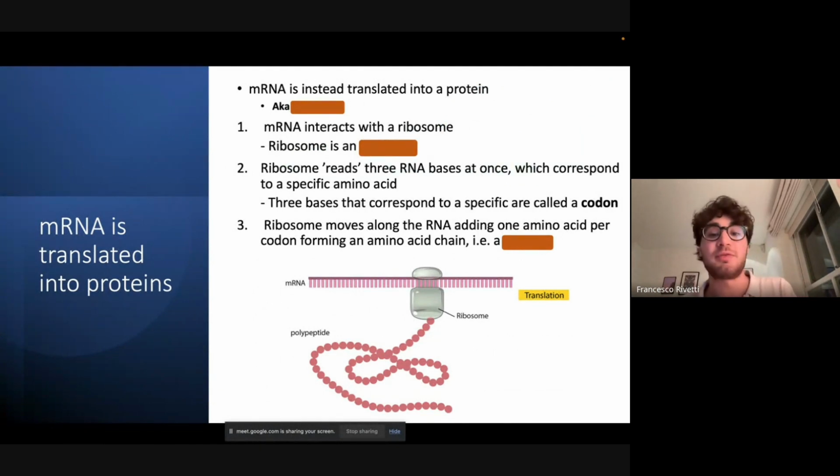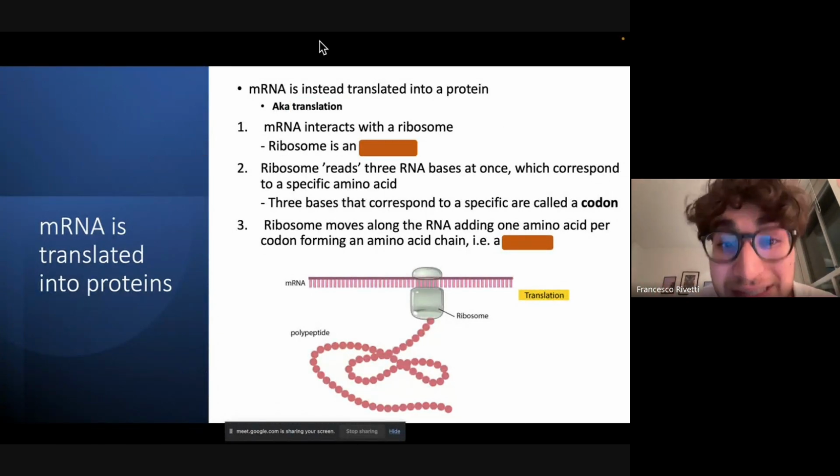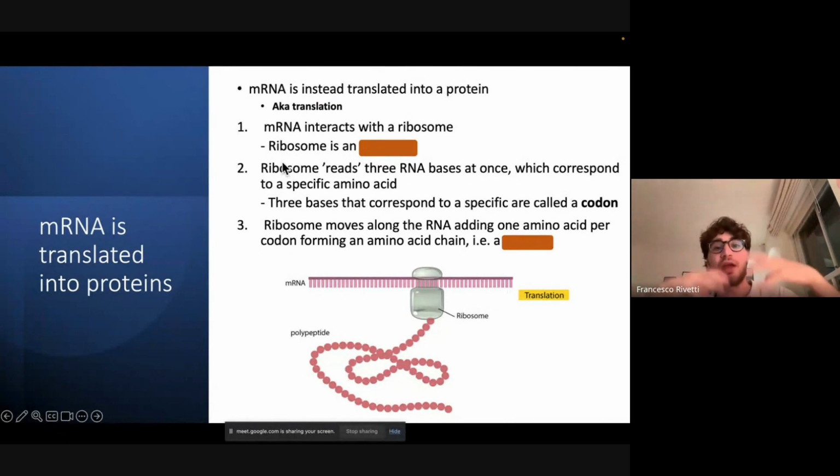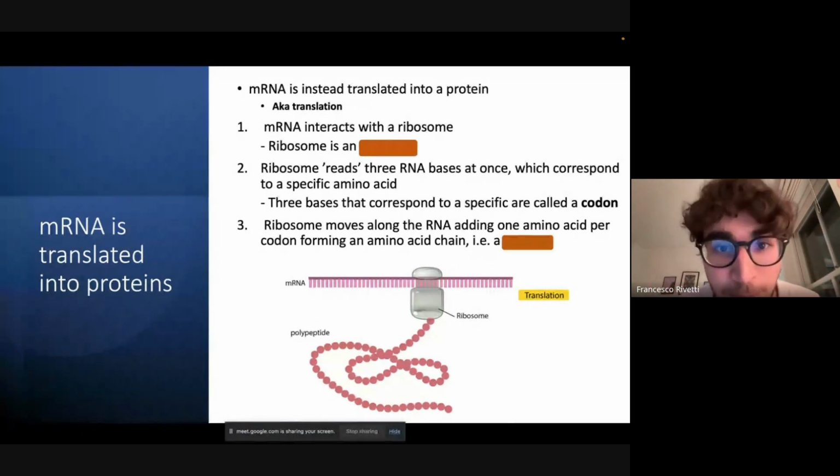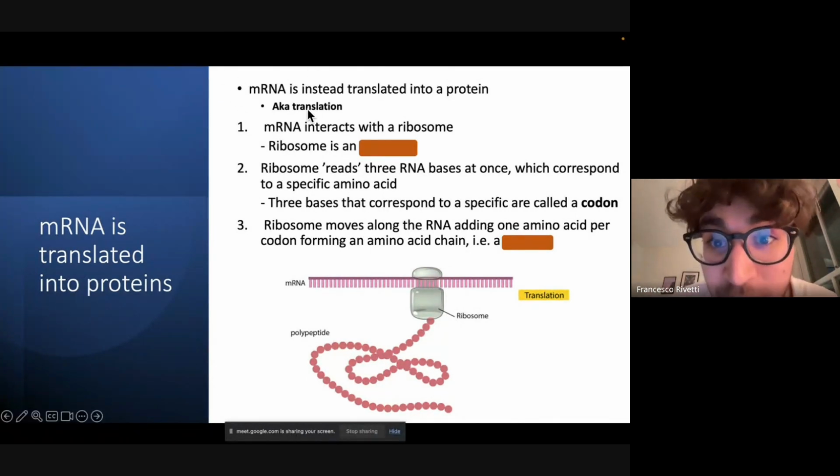But then, as before, our final goal is not RNA. Our final goal is proteins. So how do we use the RNA to make proteins? Well, the mechanism is called translation. And I know this is a lot of jargon and scientific words, but once you understand what it is, it becomes very clear, and it's not as complicated as it seems. It's not too scary. But the very important concept is that mRNA is translated into a protein,